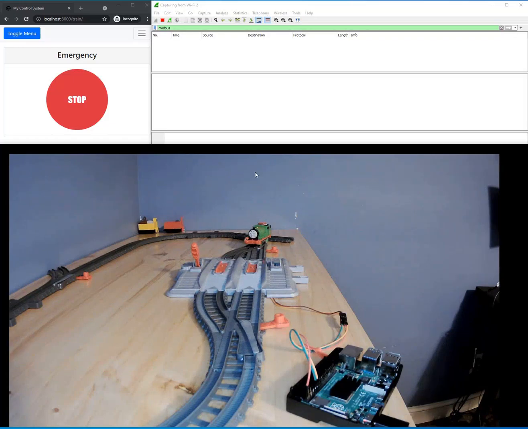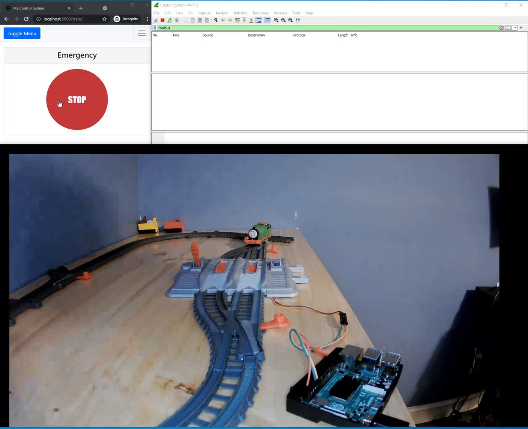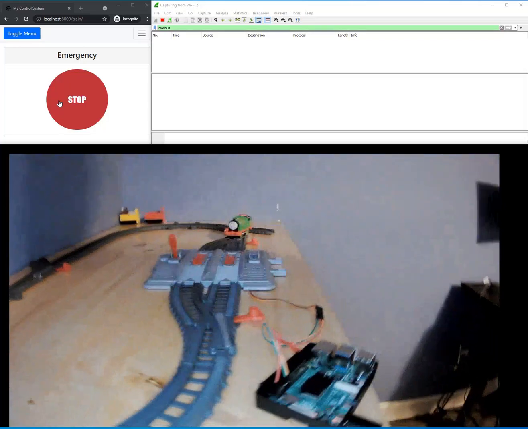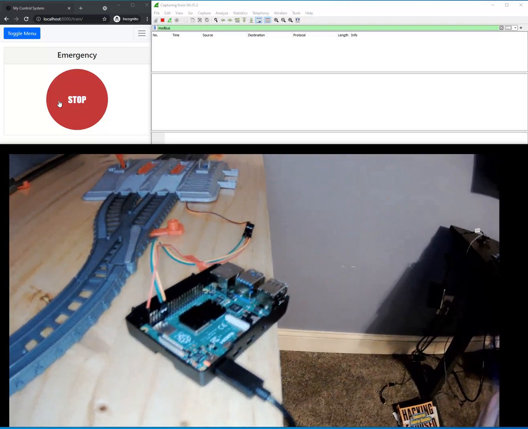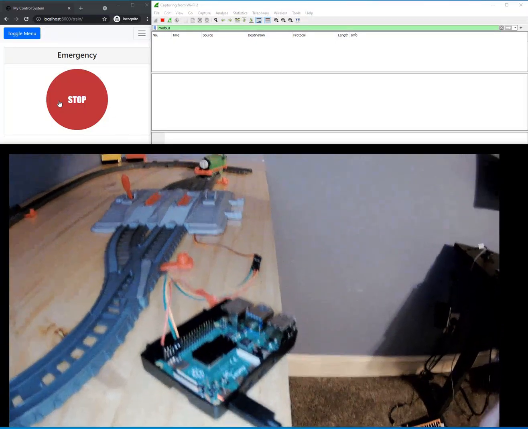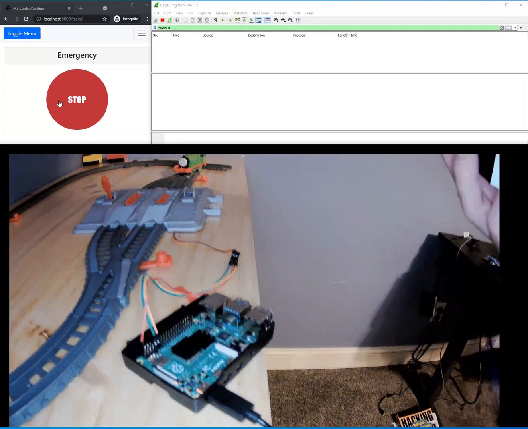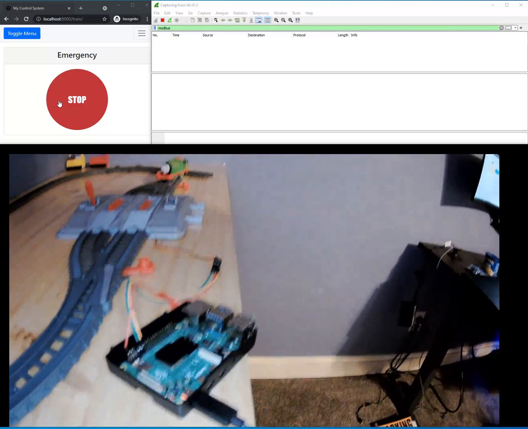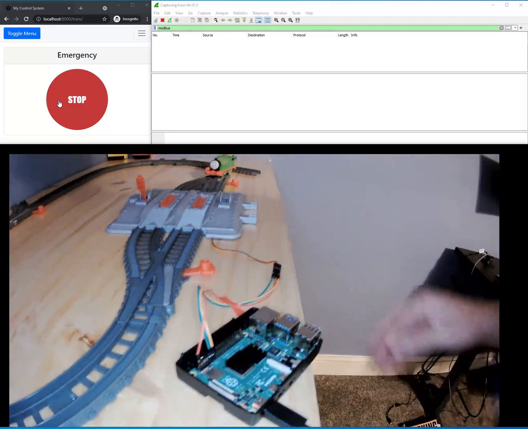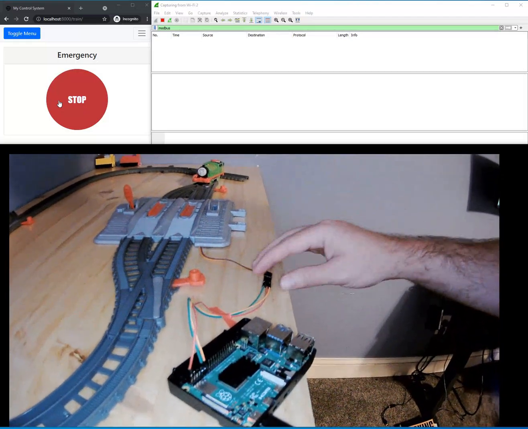You can see the web interface here in the top left hand corner of my screen. It's very simple. It's just a stop button, and when I push that, it should generate some Modbus traffic. It's going to send that traffic to my Raspberry Pi, which is acting as a simulated PLC, if you will. It's just listening for inbound Modbus traffic, and based off of the traffic, it will send a command to